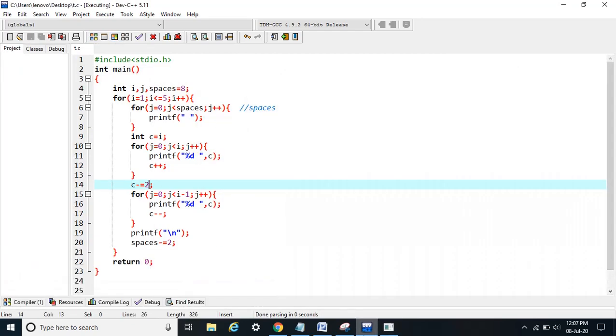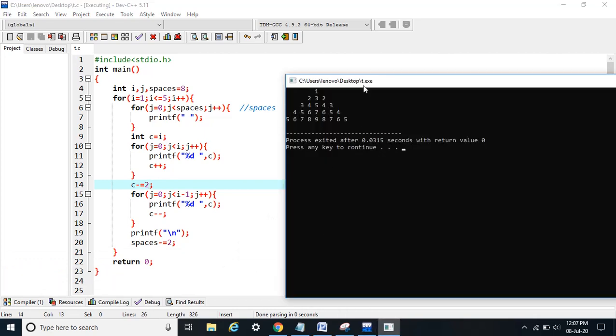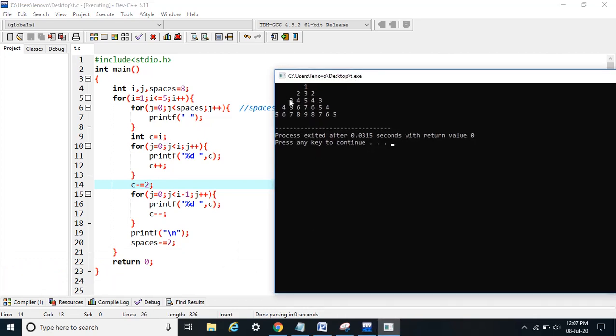Let me explain once more why I have decreased this twice. So observe, for first row, this loop will run one time. So first I will print 1 and then again C++. Value of C has become 2. But since this row I is 1, this loop will not run, so it doesn't matter. Now let's come to second row.